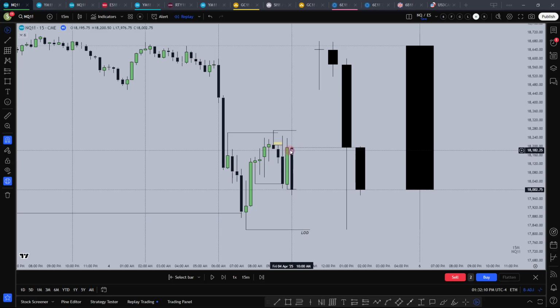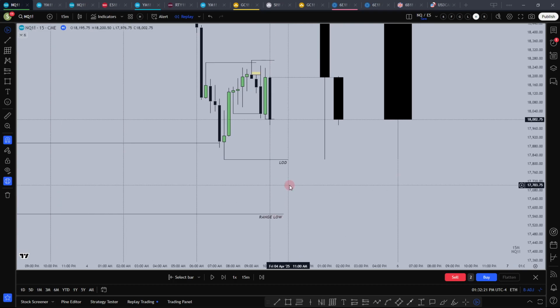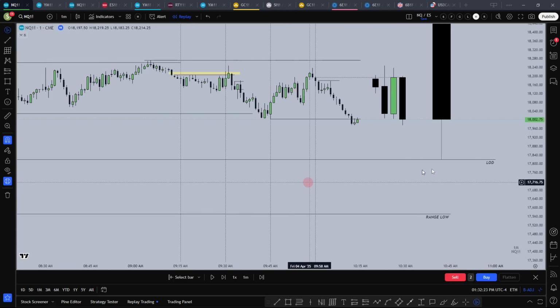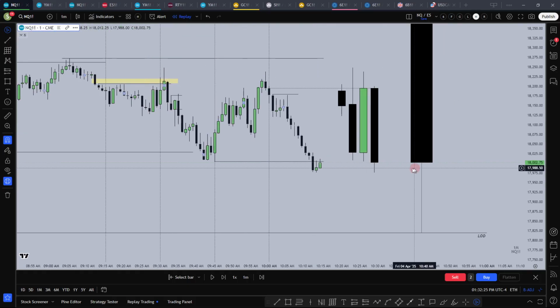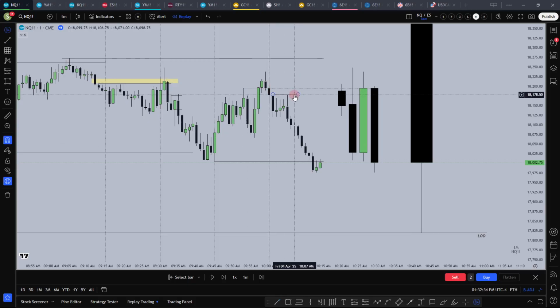Now when 10 a.m. opens and immediately displaces away, I am thinking this move back up after hitting the relevant swing was a retracement. So now low of the day and range low is the objective. This being a retracement candle, it's opposing swing, retracement objective, right? So 10 a.m. has no established high but displaces away. So you can trust.